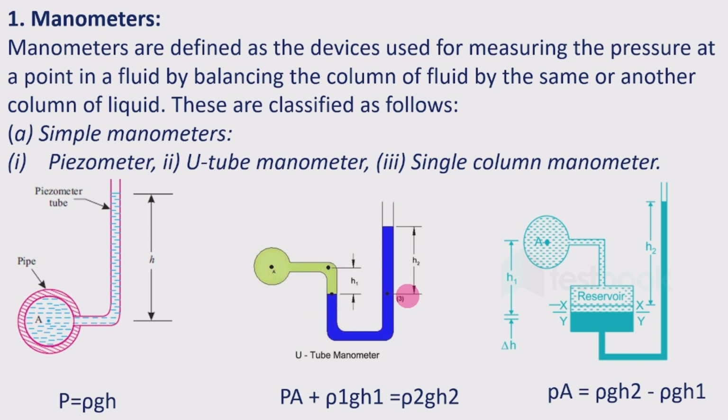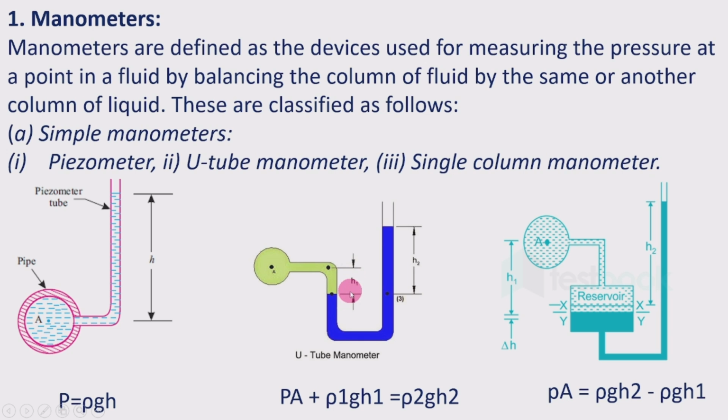From the lower level of the heavier fluid, the height by which the fluid falls in the column connected to the pipe is taken, and in the other column of the U-tube the height to which the heavier fluid is raised from the datum line is also taken. By balancing the pressures on both sides, the pressure acting at point A is taken as PA plus